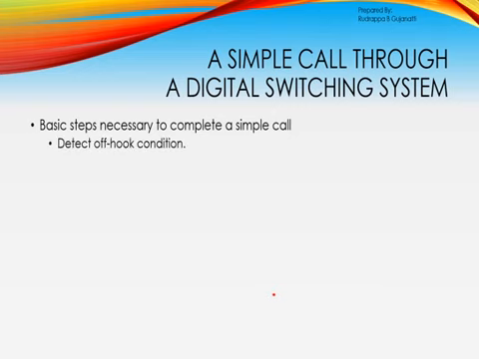First, the devices have to check for the off-hook condition. For example, when a person lifts the phone to make a call, that is nothing but the off-hook condition. Now we have to identify the customer's line, that is, we have to see who has lifted the phone. There might be an interface controller controlling a number of line modules and trunk modules. If any one of the customers lifts the phone, the line module has to identify which customer has lifted it. So basically, scanning goes on.